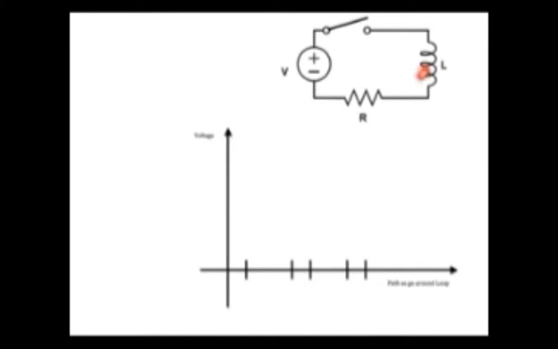It's called an LR circuit because it has an inductor, which has the symbol L, and a resistor, which has the symbol R. Now if we analyze the voltage drop as we go around this circuit, we have the voltage of the power supply, and then a drop from the inductor and a drop from the resistor, and that should all come out to 0. It's really a statement of conservation of energy if you think about it.